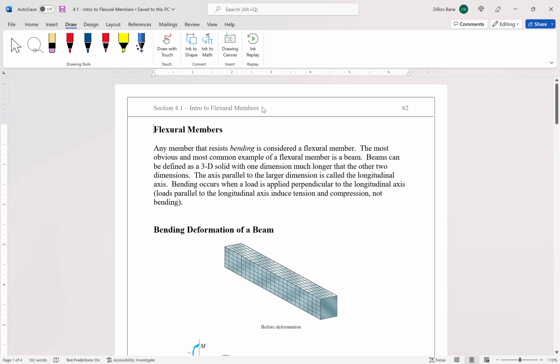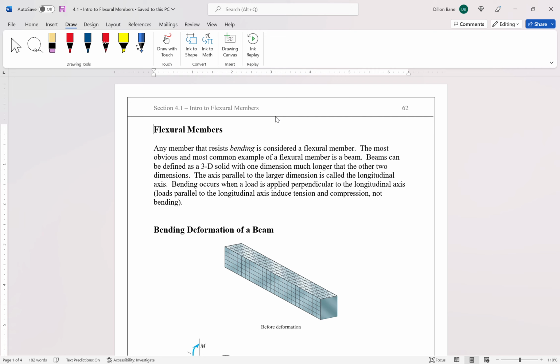Alright, today's video is going to be two separate videos actually. The first video we're going to finish up section 4.1, which is our introduction to flexural members. We're going to end this section with the derivation of our bending stress equation, and then in section 4.2, our next video, we will use that derivation and work out our first example problem for